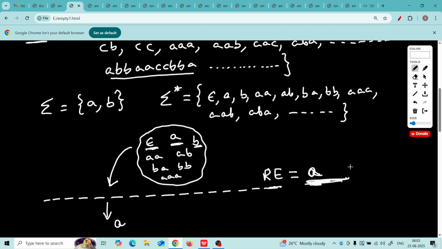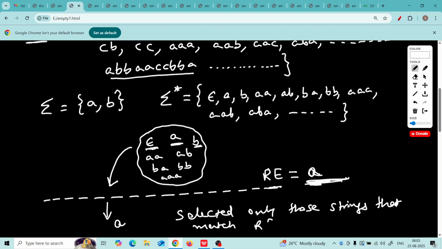None of the strings match, only A matches this rule, correct? So we say that we have selected only those strings that match the regular expression, and only one word matched from sigma star, that is A.